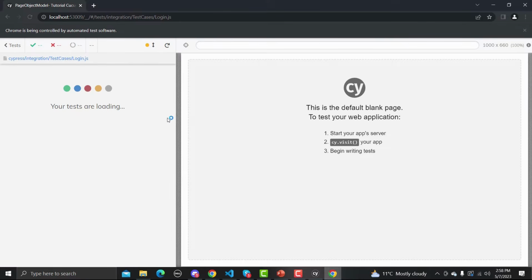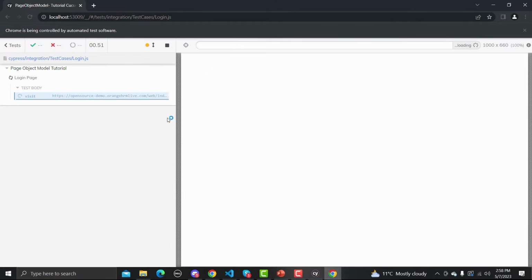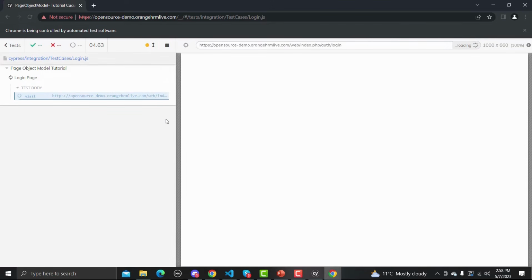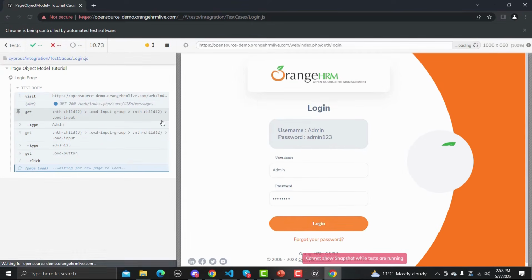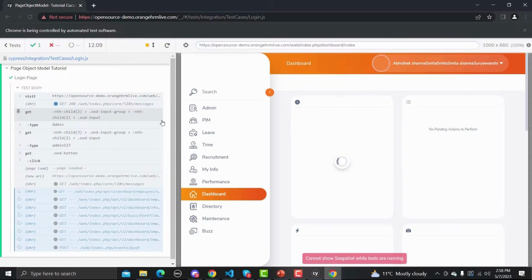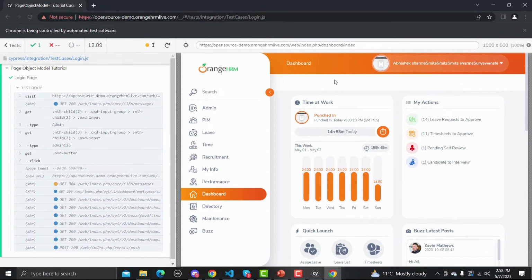It will execute our test here, and you will see that it will take us to this login page. It will provide the username and password, and click on the login button. So yes, it's working absolutely fine, and we are successfully logged in to the system. So our script is currently working absolutely fine. Now we will be integrating it with Cucumber here.